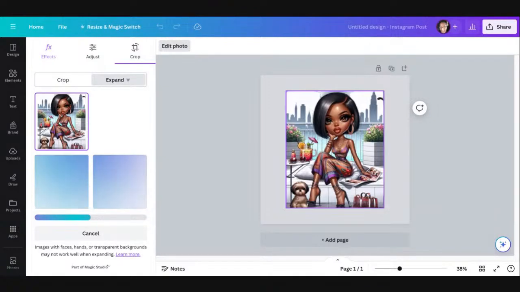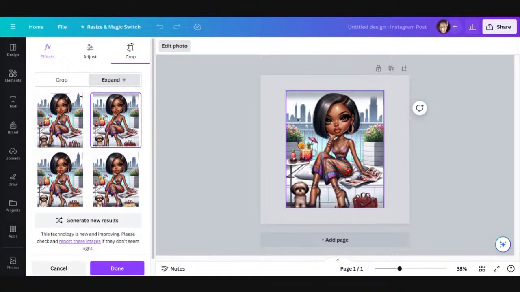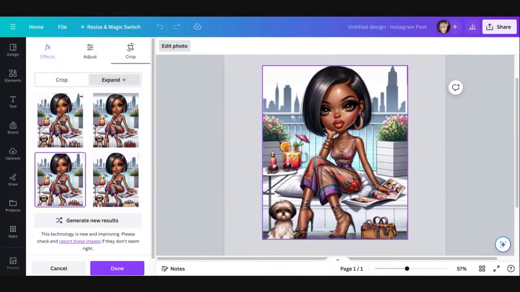All right, y'all. So look, it's not clear, but it ain't bad. It kind of makes it look overcast, but I don't like her feet. Let me click on the next one. The hair is cool, but the feet still kind of look torn up. Let me zoom in so y'all can see what I'm seeing. Let me see the next one. Whoo! Hair is fine. The feet is not.